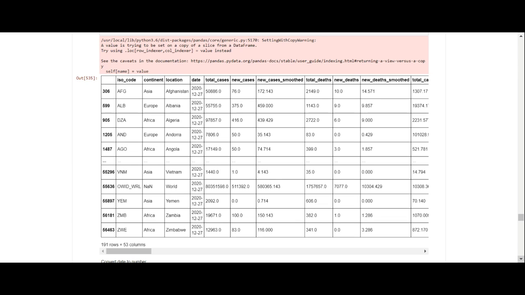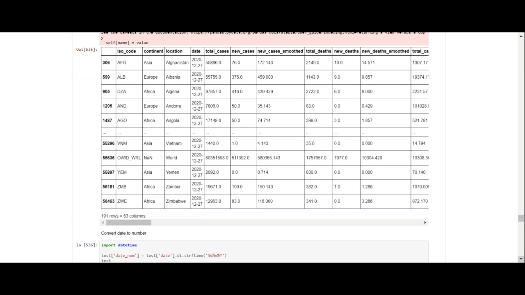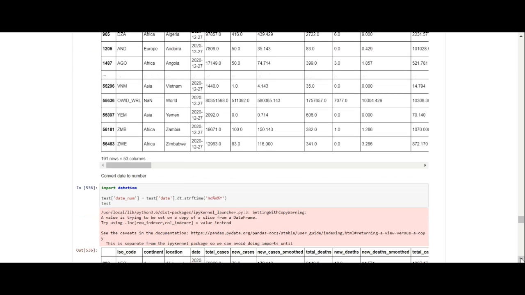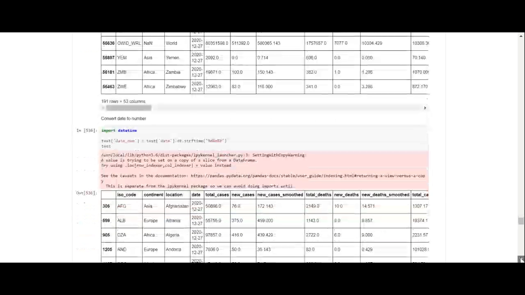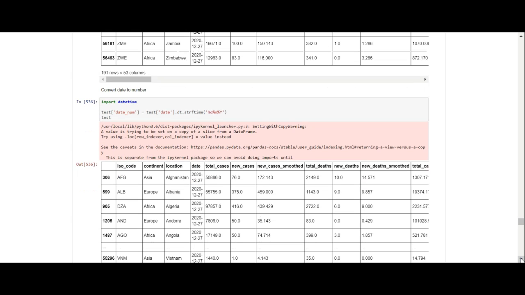It's 191 rows by 53 columns, and the date is today's date, which is 27 December 2020, because yesterday the last date was 26 December. We're doing the next date, so the next date is 27 December. So we're predicting on the next date. I'm sorry, I can't predict on the next month at this time. We're only predicting on the next date.